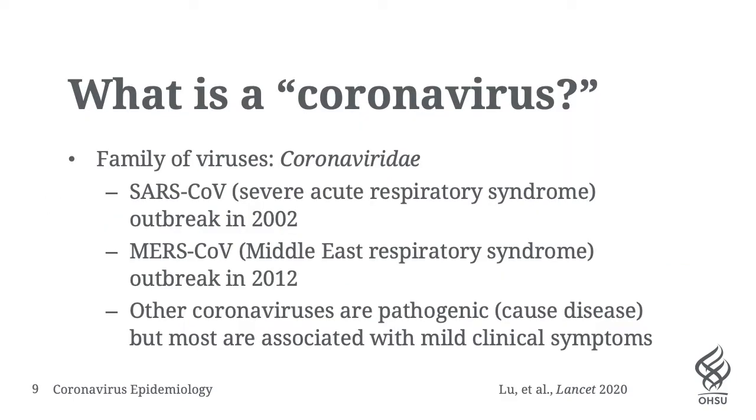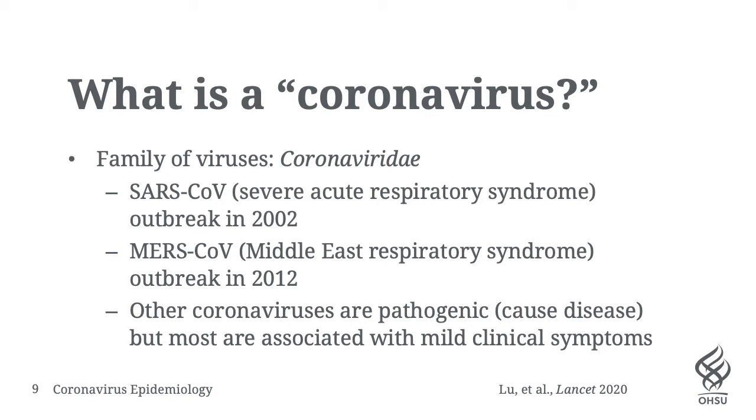With epidemiology being the study of disease and the intention of epidemiology being to prevent negative health outcomes, it's important to understand how COVID-19 is similar to diseases that we've seen in the past. And the first place to start is that coronavirus is actually the name of a family of viruses, not just the specific virus that we're dealing with today. And the family name for this virus is Coronaviridae.